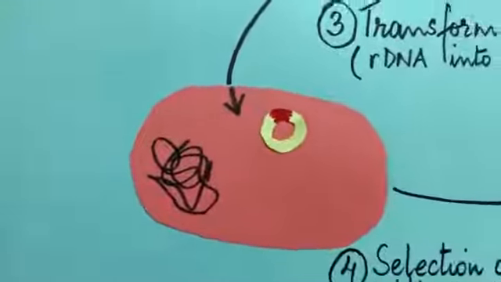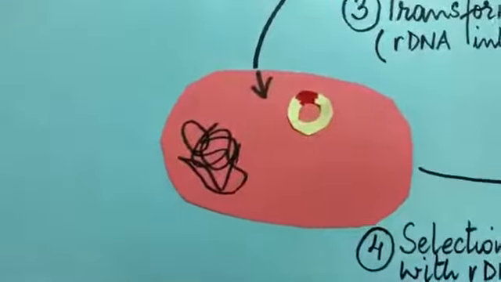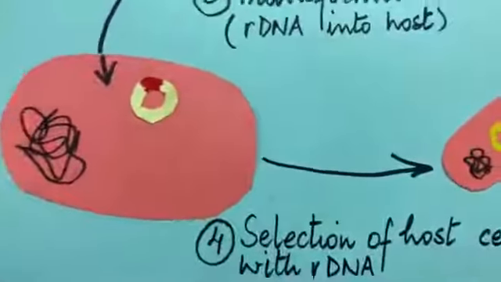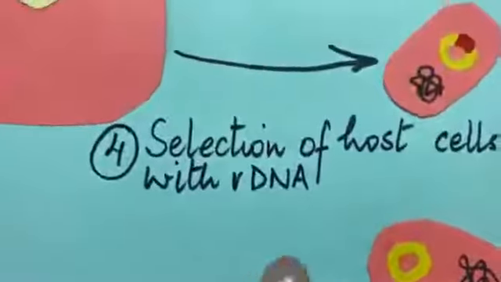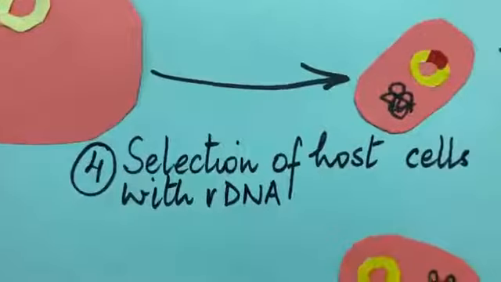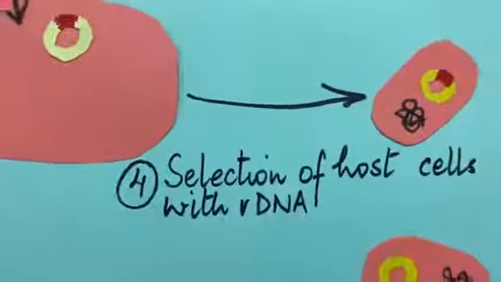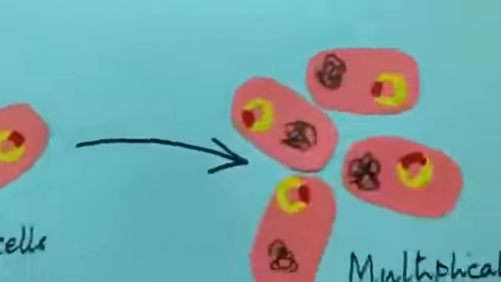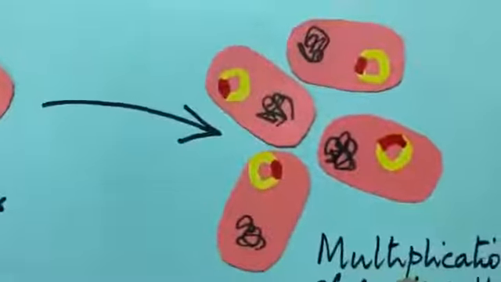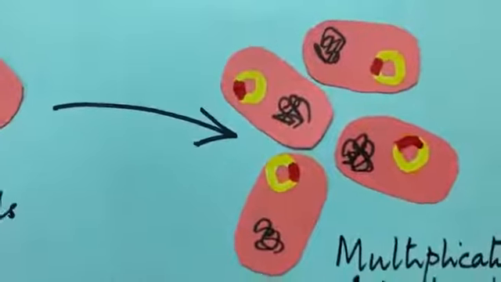There's a possibility that some bacteria might not take up this recombinant plasmid. So we need to differentiate between the bacteria, the ones which have the insulin gene and the ones which do not have it. We have certain selection methods like antibiotic resistance or blue-white colony selection methods. We select those cells and allow them to propagate. And so we have a number of recombinant bacterial cells which produce insulin on large scale.